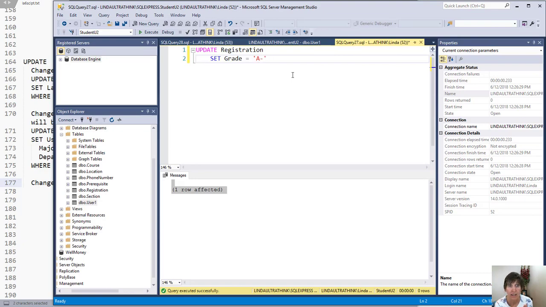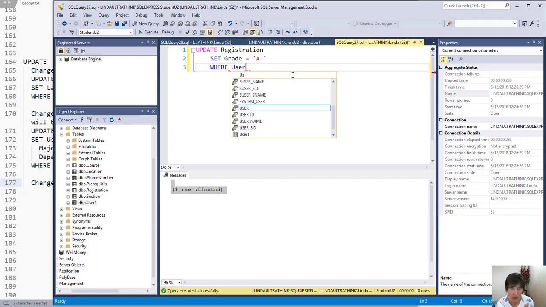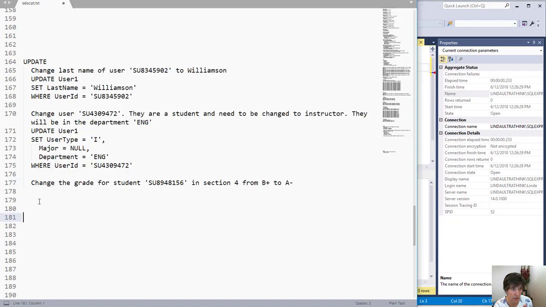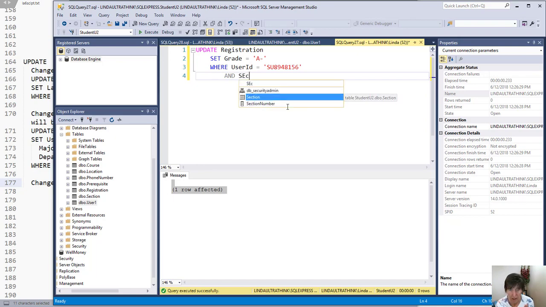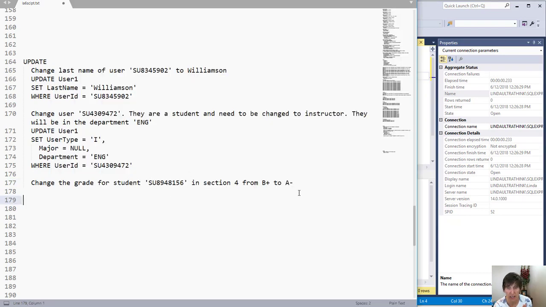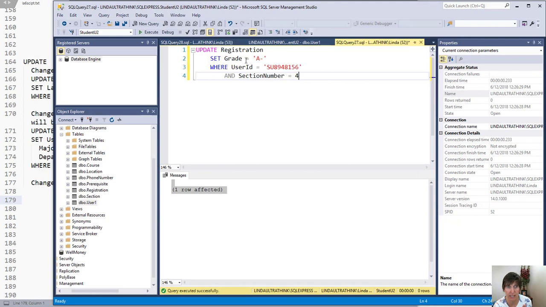and we want to for sure use the where clause as always. And here we have two things. We have user ID is equal to, and here we can capture it, where user ID equals that, and where section number, right? Section number equals 4. Let's make sure we got it right. User ID section 4, and we're setting it to A-. We update it,